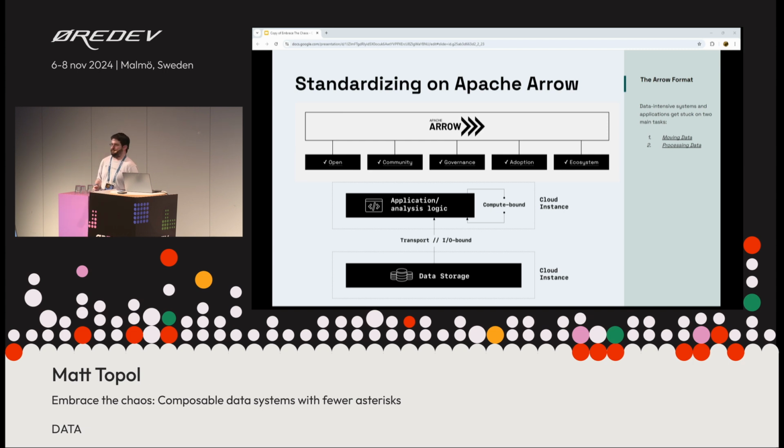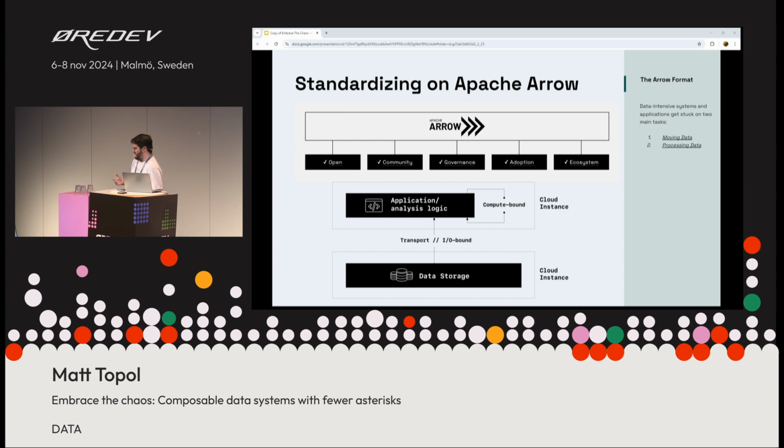And so on and so forth. So we've got our adoption. Okay, now the ecosystem, utilities and tools. Well, DuckDB exposes Arrow interfaces for zero-copy communication. Dremio exposes Arrow Flight RPC, and so on. So yeah, we've got our five things. Cool. Check, check, check. So it's a good standard.